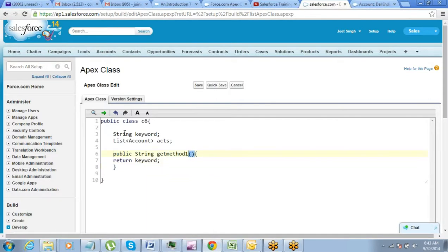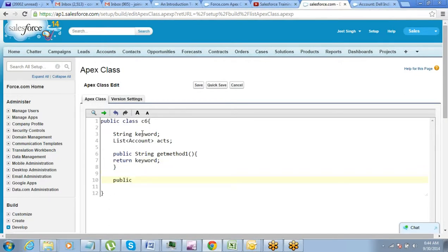Now, though this one does not have to be same as the variable name, I would recommend you guys to have the same name here, because otherwise it becomes a little complex for you to remember so many variables and method names and all those things, right? And for writing also, it's not required to be same, but I recommend you keep it same for your convenience. I always keep it same.